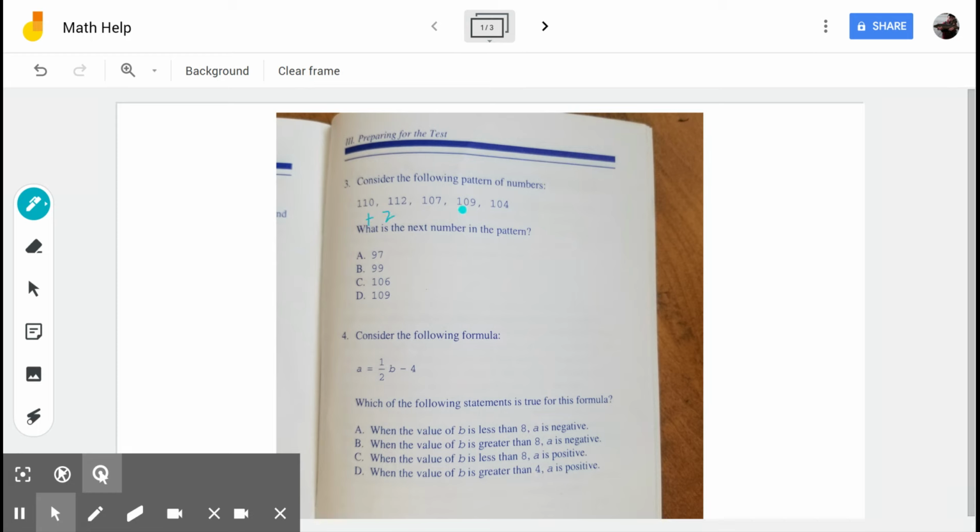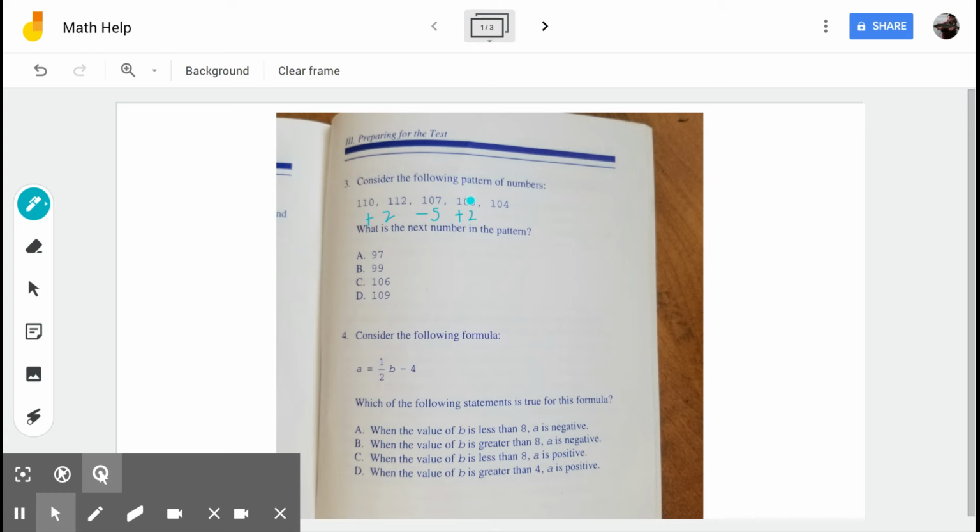And I don't know what's going to happen. I'm just writing it out to see what it is going to be like, and see if we happen to notice a pattern. 112 to 107, we're going to need to subtract 5 to get there. 107 to 109 is add 2, which is good because we saw that before, so hopefully we'll see minus 5